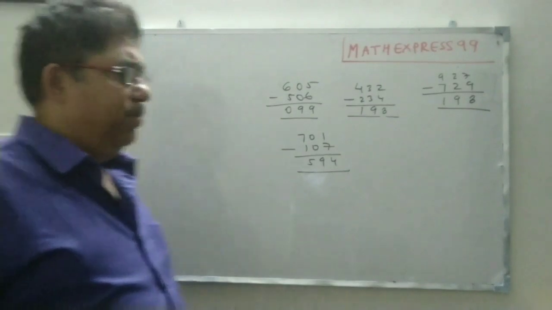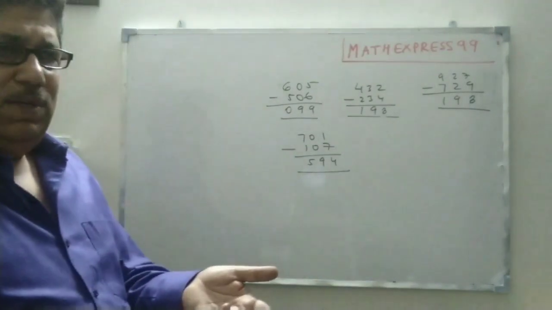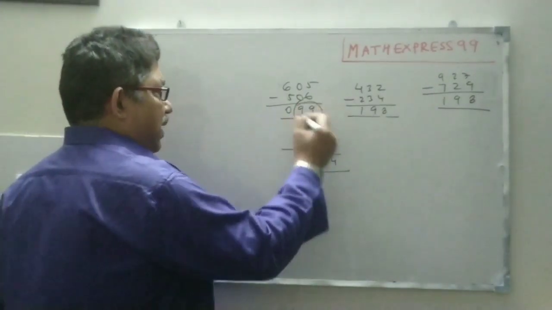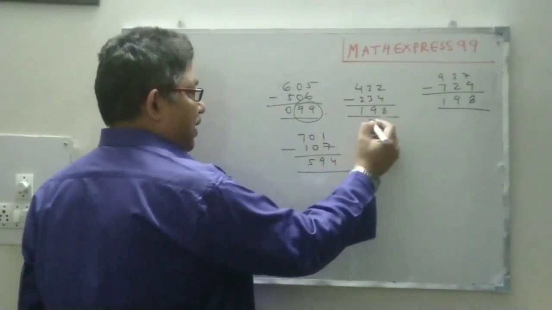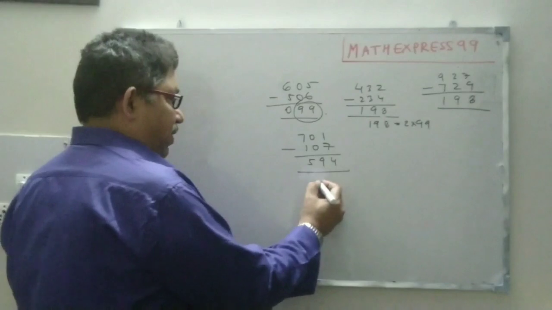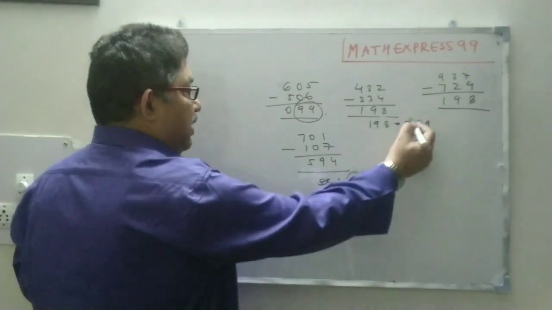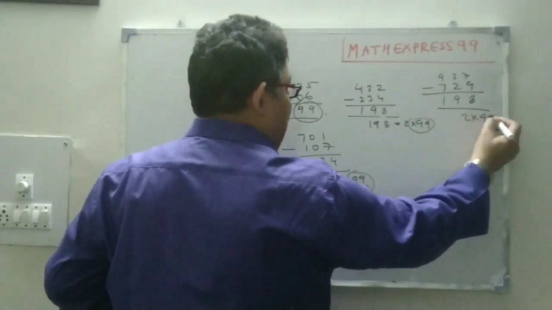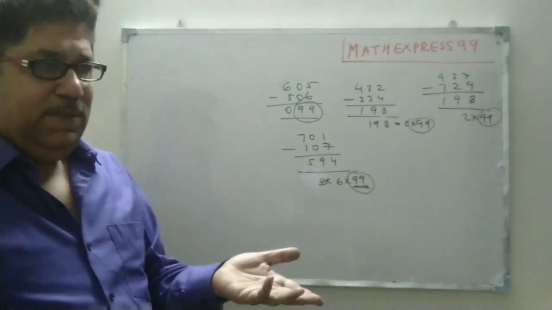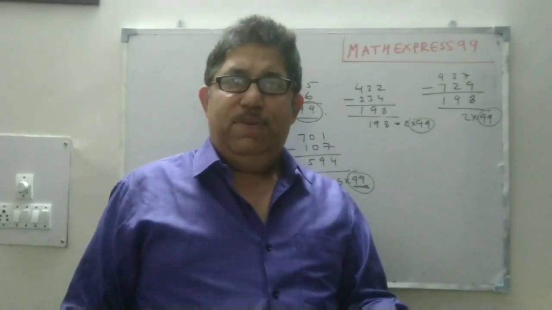Now can you see something interesting here? Well, it is not so easily visible. We'll have to do some hard work on it, only then it will become visible. You see, this is divisible by 9. This is divisible by 99. 198 is actually 2 into 99. 594 will be what? 6 into 99. So 99, 99, 2 into 99. So all these are divisible by 99. So if you take a 3-digit number and you reverse it, then the difference will be divisible by 99.